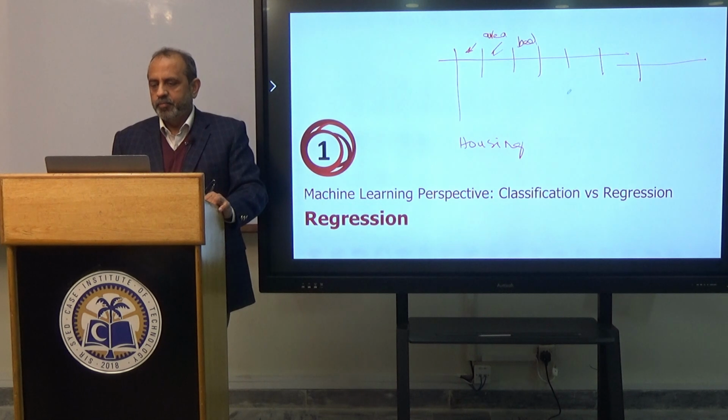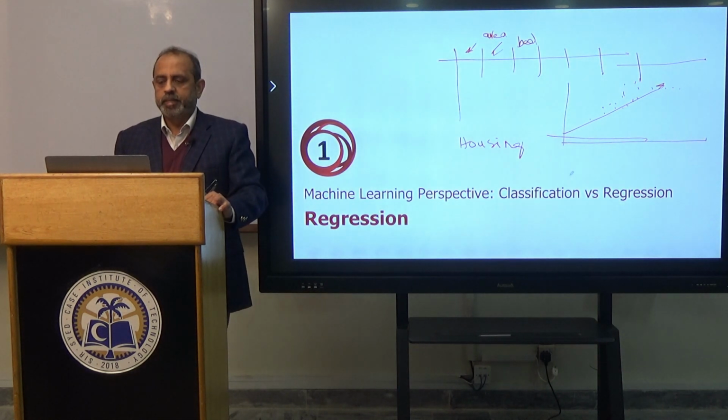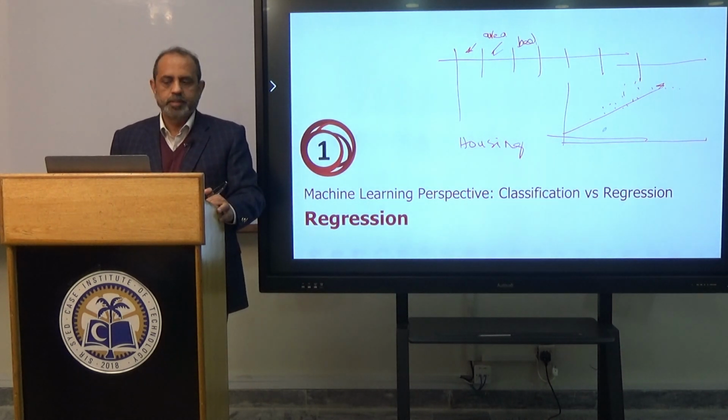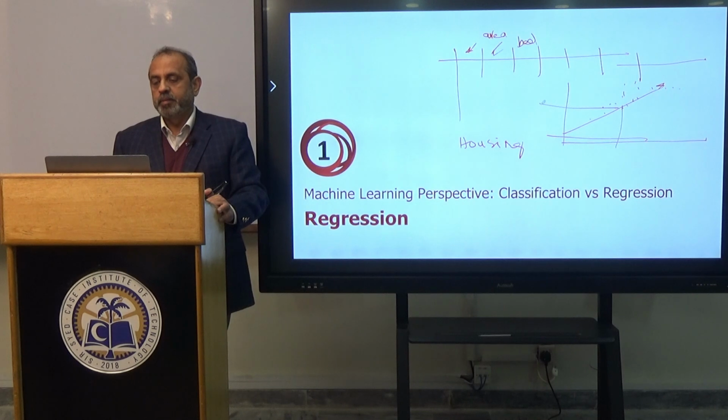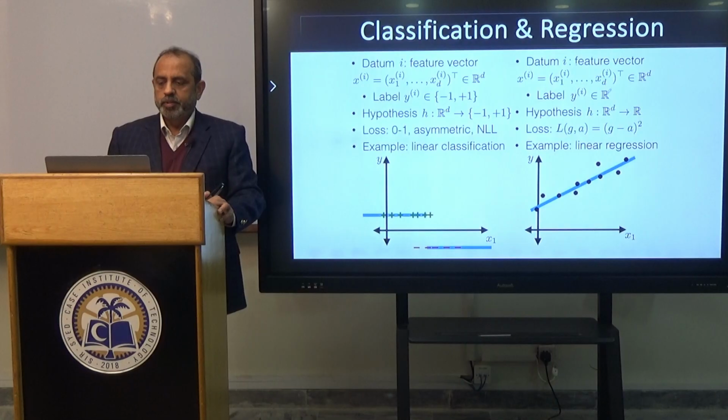Okay, and once we plot them, we see there is a trend, though we cannot plot many features. Let's say there is a trend that if area is increasing, number of bedrooms are increasing, for example, then the price of your housing unit is also increasing, and you want to predict. This is a very real problem, where knowing this data, you want to predict how much a housing unit should cost. So in machine learning, we have seen a classification where